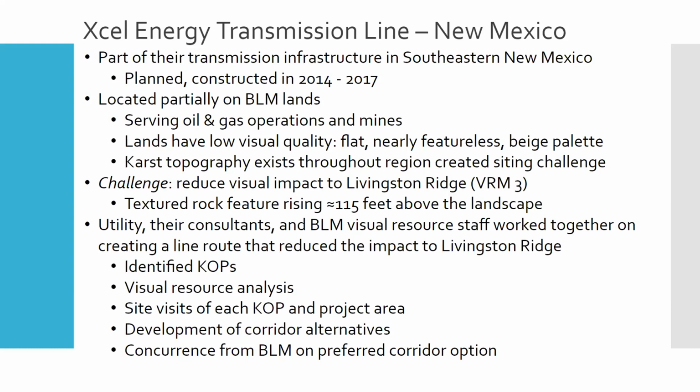So Xcel Energy, their consultants, and the BLM Visual Resource staff worked together to reroute the line away from Livingston Ridge. We went out there and identified the KOPs. We did the visual resource analysis. We looked at each of the points and developed different corridor alternatives. And then we worked with the BLM and got their concurrence on the corridor option. So if you go to the next slide,